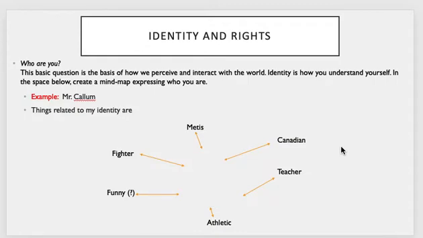I went through and I did the exact same thing for myself. Now, I couldn't find a good, nice photo, unfortunately. But I started thinking about what are some ways that I can describe myself. Identity. So things that relate to my identity: I'm Métis, right? That means I'm half First Nations, half French Canadian, on my mother's side. I'm not just that. I have a whole mishmash, right? But I'm Canadian. I'm a teacher.